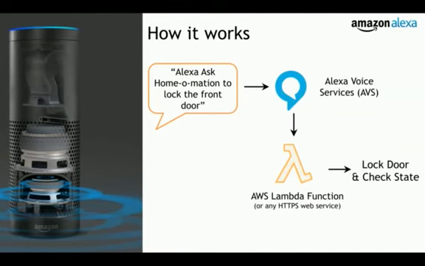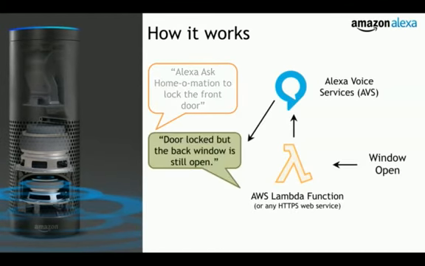And then continuing with the flow, the Lambda function then executes some code that will verify the state of the house, and will also trigger our smart lock or whatever to switch from open to closed. Once we get the state back, is the window open, and we kind of just move back through the same